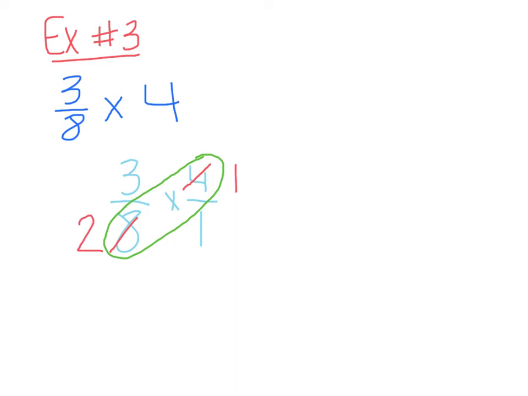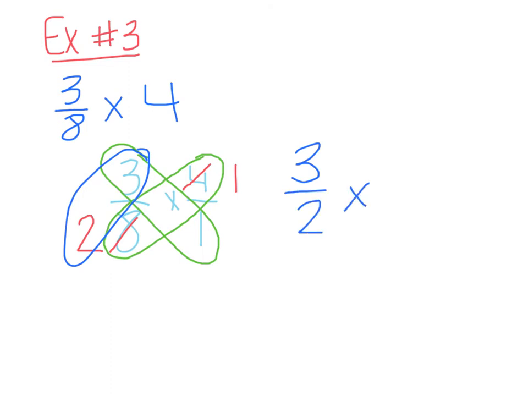I can also look across this way, 3 and 1, but 3 and 1, there's nothing they can both be divided by except 1, but that's not going to get me anywhere. So let's go ahead and just rewrite those fractions. Now I have 3 over 2